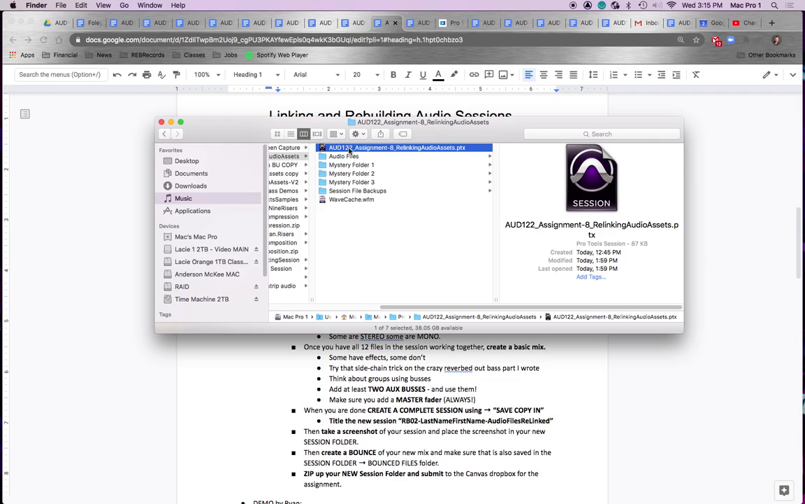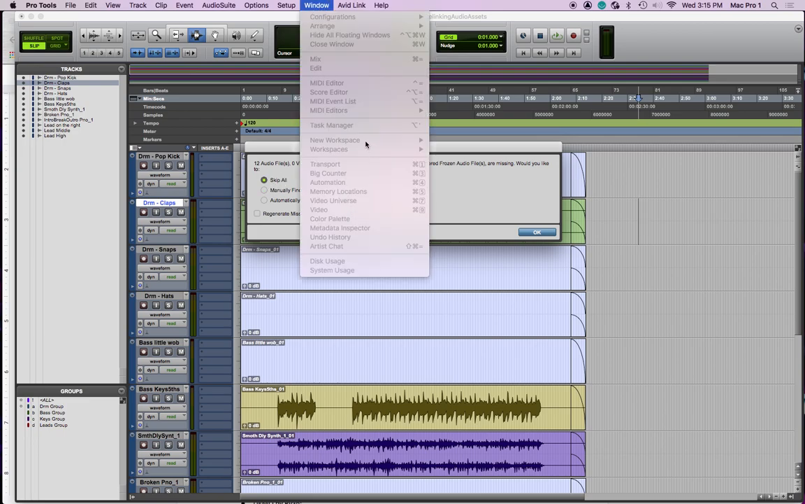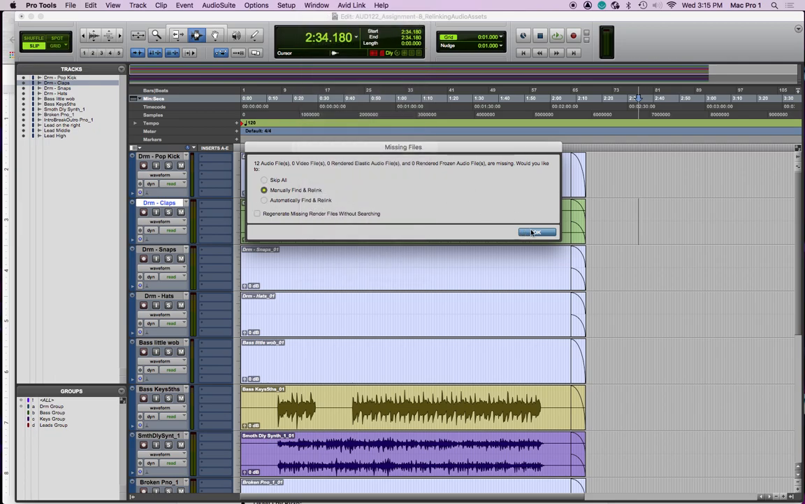The Pro Tools session gives us this error. 12 audio files, blah, blah, blah, are missing. Would you like to relink? And don't choose automatically. This can cause issues, especially if you have files and tracks that haven't been named. Manually find and relink is great. And if you hit skip all, you can also come up here to the window command and open, I believe it's a new workspace, which will then allow you to open the session file browser